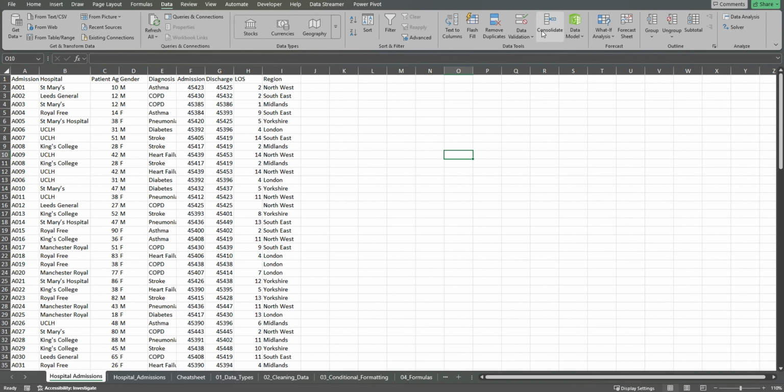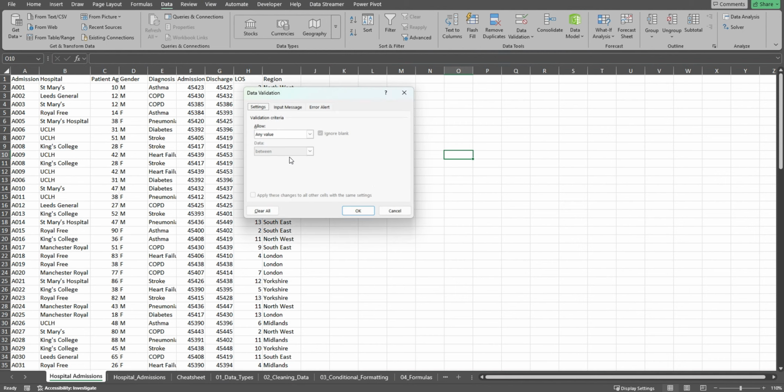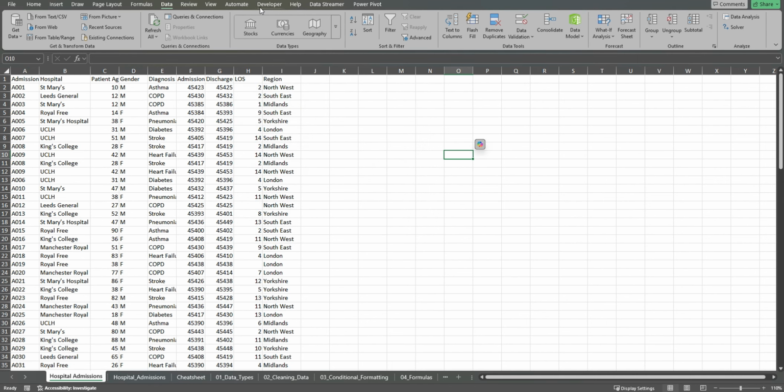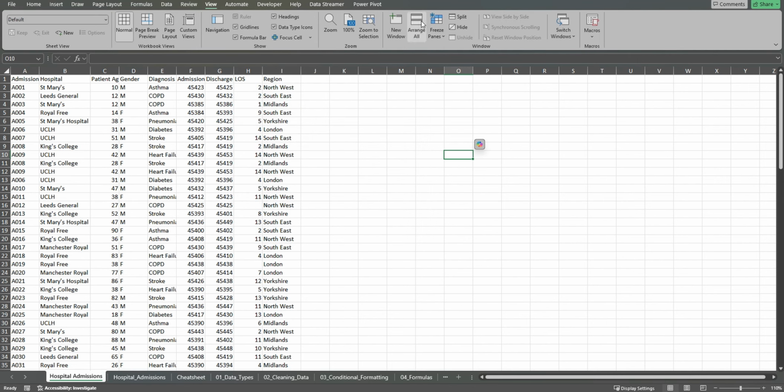The Data Tools section is probably the other section that we use quite a lot, one of which is to remove duplicates, an element that we'll cover in our data cleaning, and the utilization of data validation, which allows you to specify a range of numbers that you want your user to use, or text, or a specific date as well. In the View tab, you can freeze the panes, which is really important, and we'll cover that in a